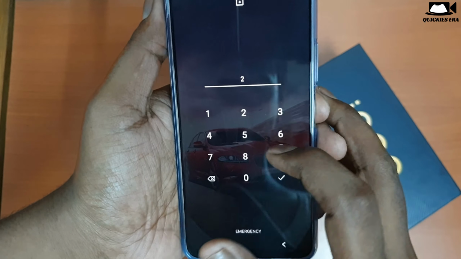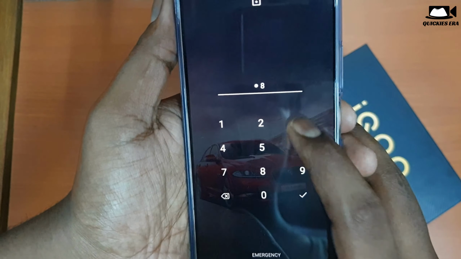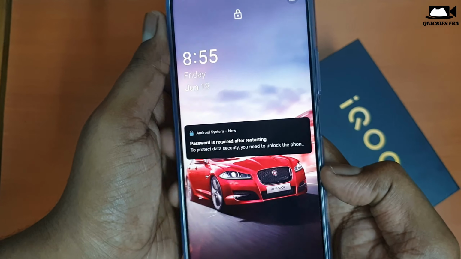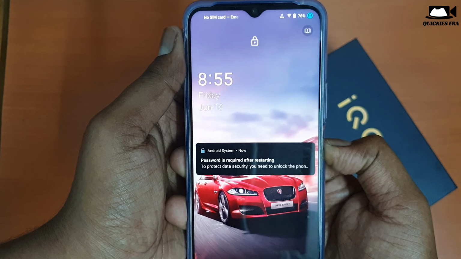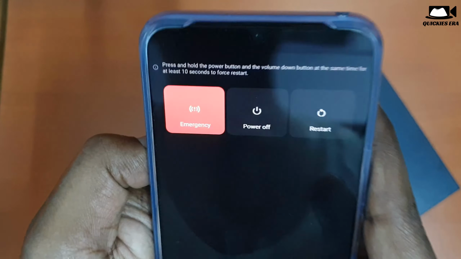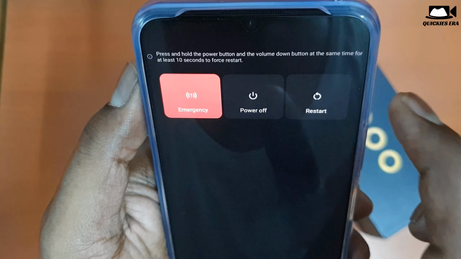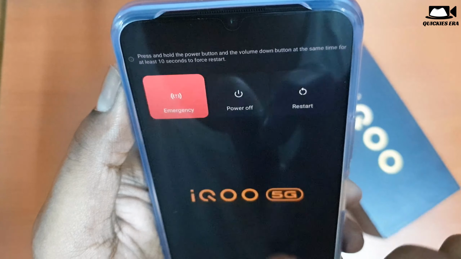In this video I will show you the simple steps to hard reset your iQOO Z3 5G phone. In my case, I forgot my pin. So what scenario can I face? I will show you the simple steps you can follow, and you can unlock your device within 5 to 6 minutes. First of all, you have to long press your power key and these three options will pop